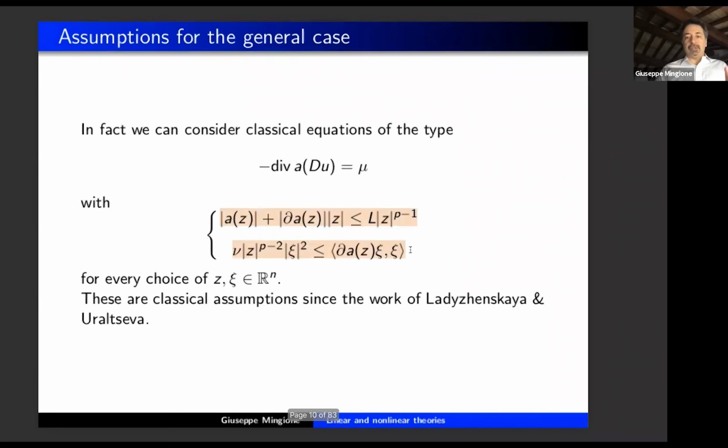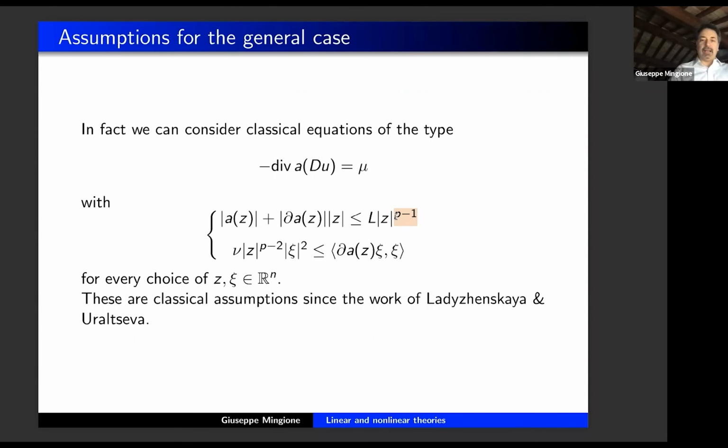Okay, what about the notion of solution? On the right-hand side, I would consider in general a measure. But then there is a problem with the definition of the solution, because when you handle measure data problems, you don't have any so-called energy solutions. Although the growth of the operator fixes a natural Sobolev basis, which is W^{1,p}, you don't have solutions there. So in this case, other definitions of solutions are handled, but I do not want to go